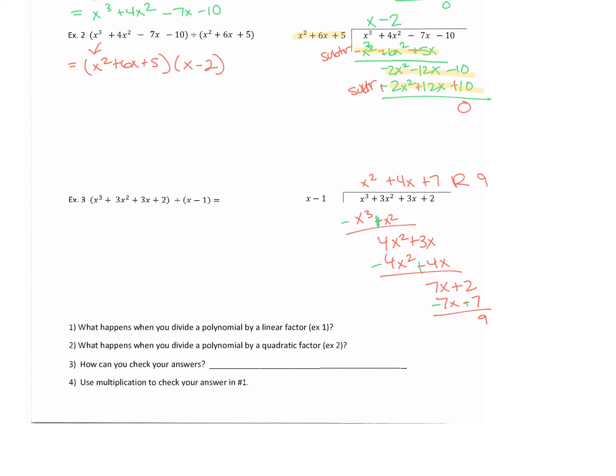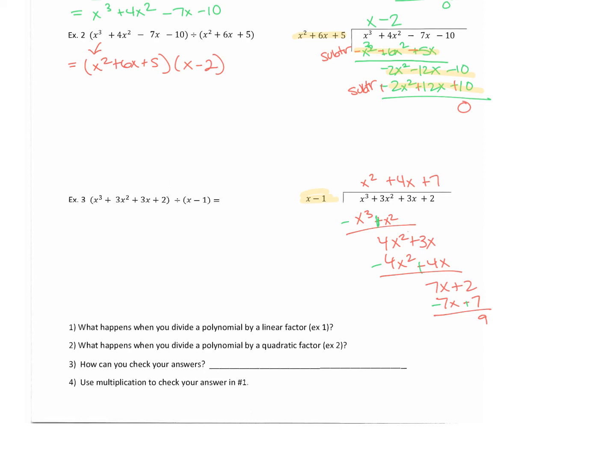You'll also notice, since my divisor was a binomial, that all of my work were binomials. So now how do we write that? We don't really write the R that we wrote when we were in grade school. We write the remainder over the divisor, since the 9 has yet to be divided by x minus 1. So our final answer would actually be written not as R9, but as,